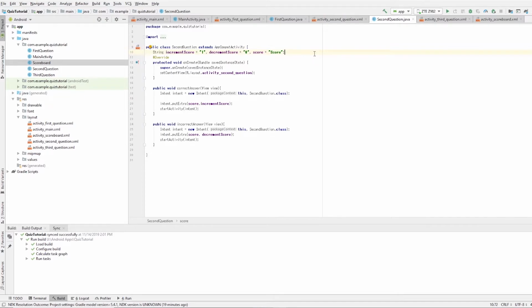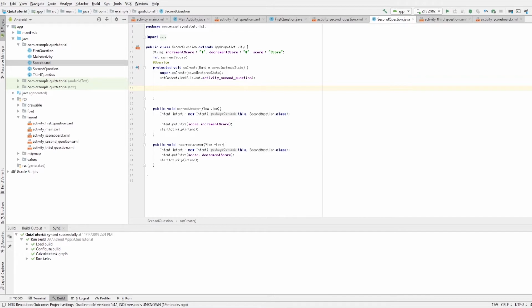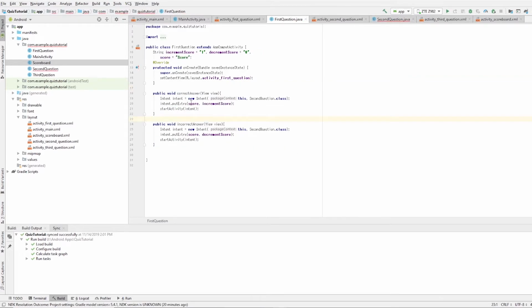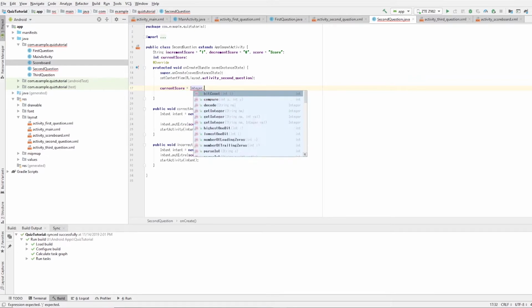The thing we want to do is create an integer and call that current score. It'll be empty, but we want to do this in the onCreate method. We're going to do current score equals, so from the first question.java, this intent putExtra saves it as a string value, as seen above. And because this is a string, we want to turn that string into an integer. The way to do that is to use Integer.valueOf, and then